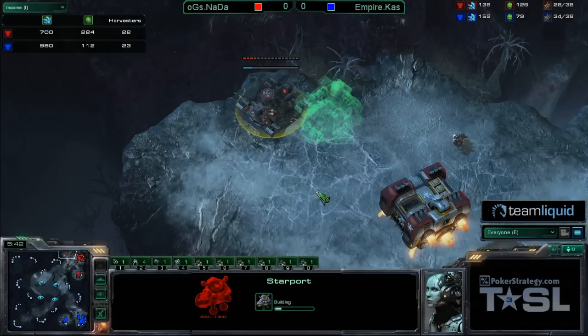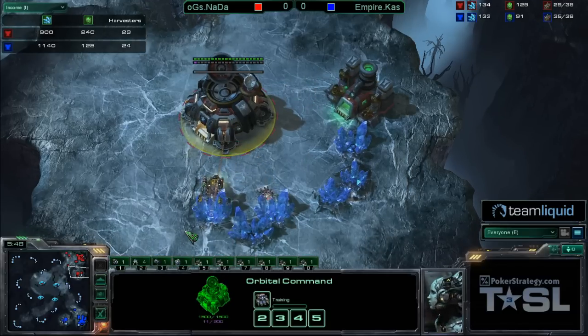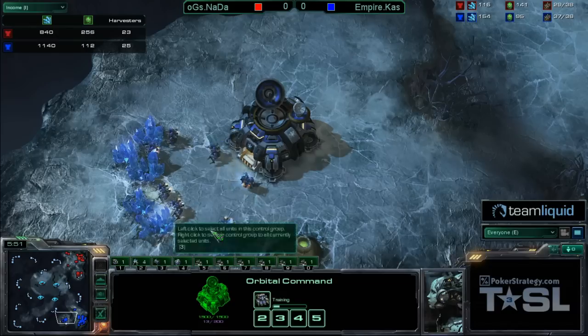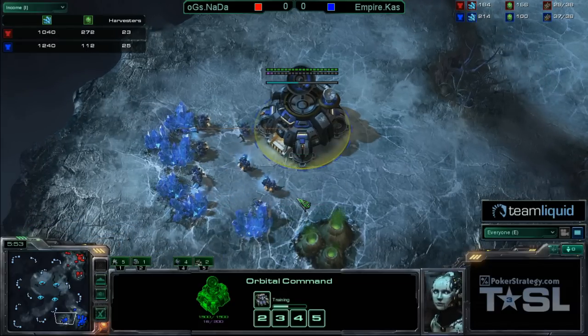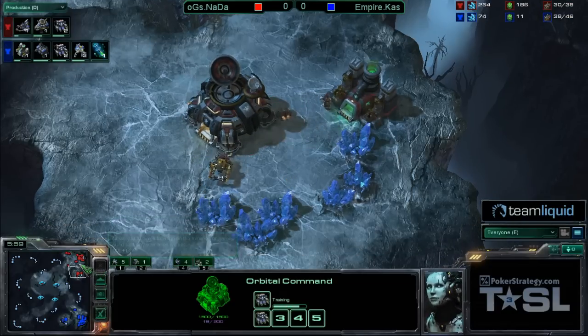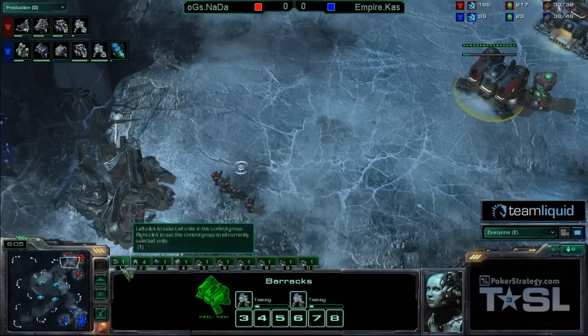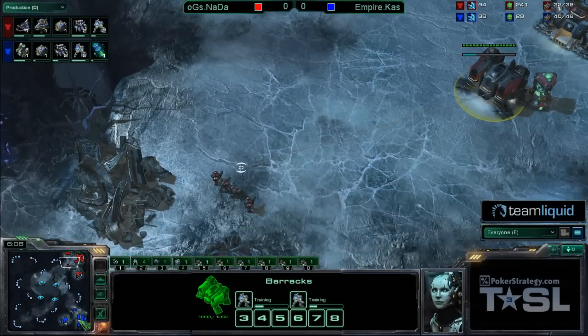And if Empire.Kas continues to produce this amount of barracks units, which I mean he obviously will because he's been throwing down 4 of them, then it will come down to the positioning of his army and the timing of when he uses his stim packs and things like that. You can see stim is going to begin being researched right now. That was way too many B words,